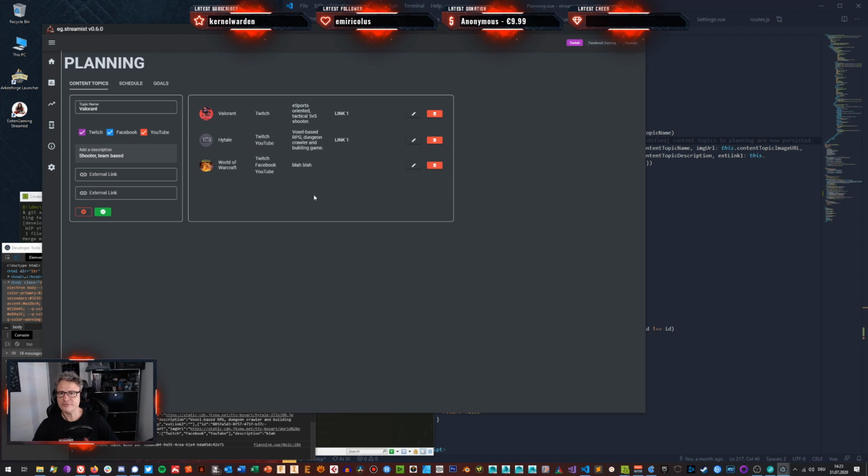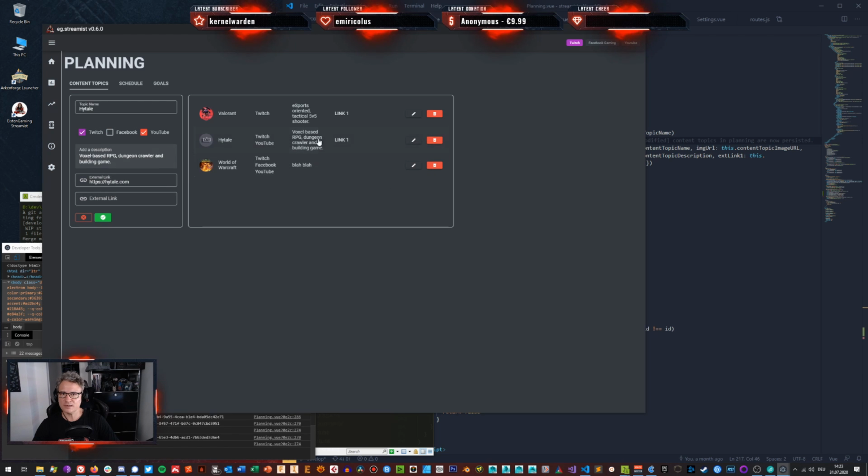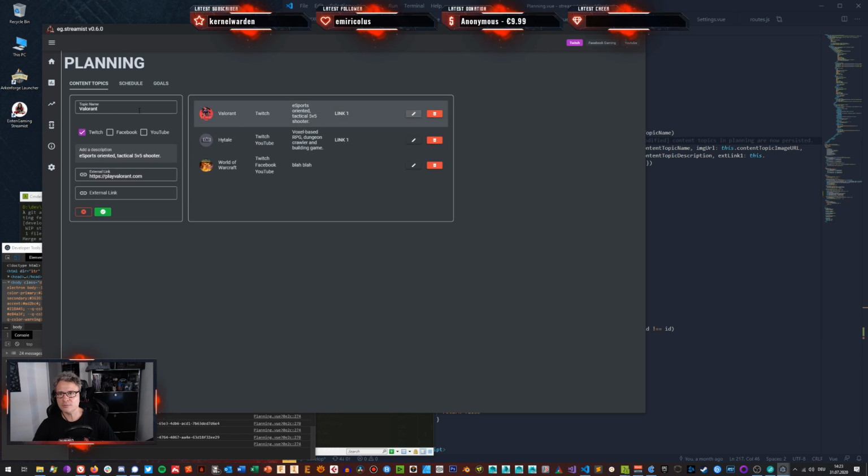You can delete the stuff and you can edit the stuff. So you can click on these and push the information back into the form, edit it and save it back again. This is still buggy. The editing is still buggy. I'm working on that actually today. So this is not working, but the adding and deletion is working already.